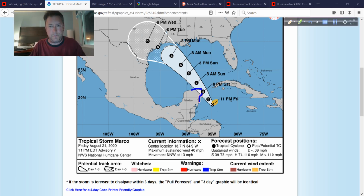And while I was thinking yesterday and today that I had my money on what is now Marco being the marquee event here out of the two, that's shifting. As everything shifts, it's just like gameplay. Teams shift their strategies based on what's going on, whether they're winning or losing, and trying to figure out their advantages. This will certainly have impacts for the Texas coast. I'm not downplaying that at all, but it looks like this is going to be hard-pressed to become a hurricane. It could, and if that happens, and if this is actually much weaker, I see it taking a further south route